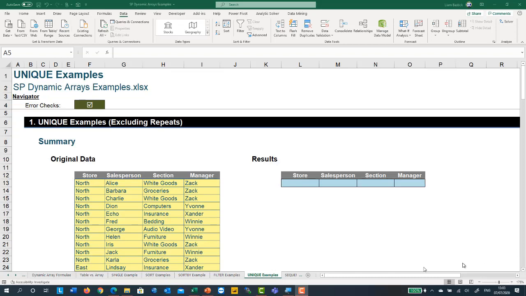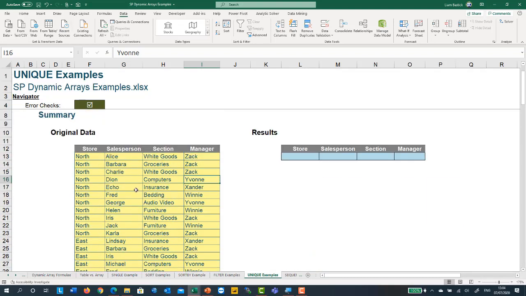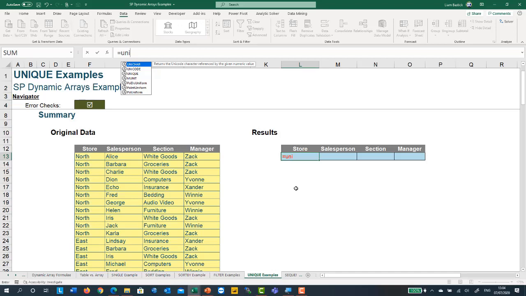So let's play with this data I've got. I've got a table of store, salesperson, section, and manager, and I want a list of just the unique items, i.e. not those that only occur once, but a list with no duplicates in it. So I can just go here, equals unique, and then if you look at the actual syntax, if we go to this,